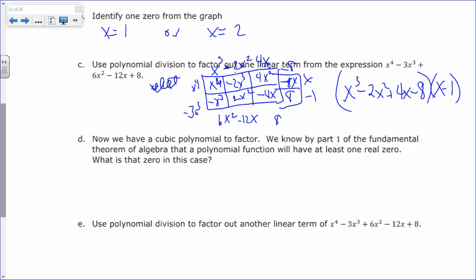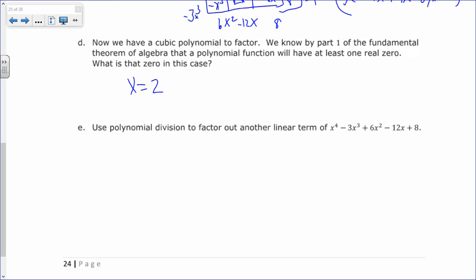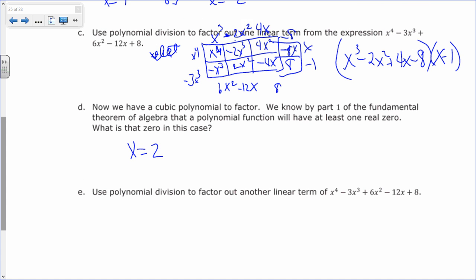What is the zero in this case? Well, the other zero we had was 2, so that should also work. So x equals 2 should be the other one. Use polynomial division to factor out another linear term. So I'm going to work with the function that I just had. I'm going to take my answer here, which was x cubed minus 2x squared plus